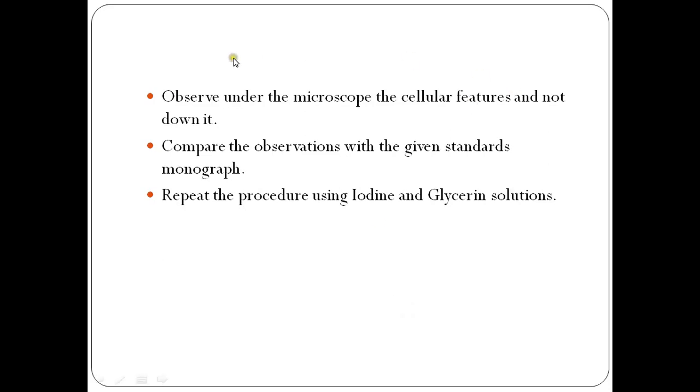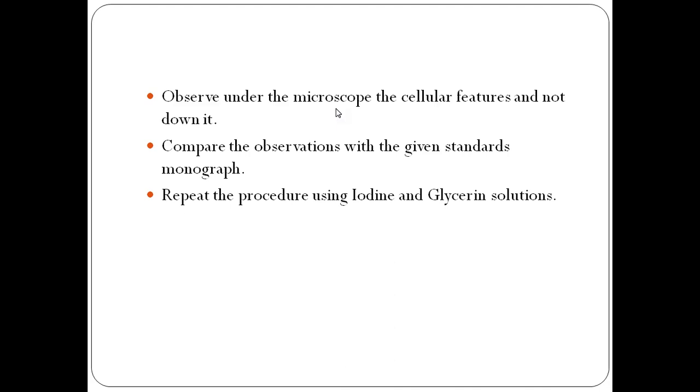Okay. So first of all, when you observe the slide under the microscope, you know that the eyepiece has a magnification of 10x, which is permanent. But first of all, we will study the slide using the objective of 4x. So the total magnification will be 40, 4 multiplied by 10, 40x. We will observe first at a magnification level of 40.